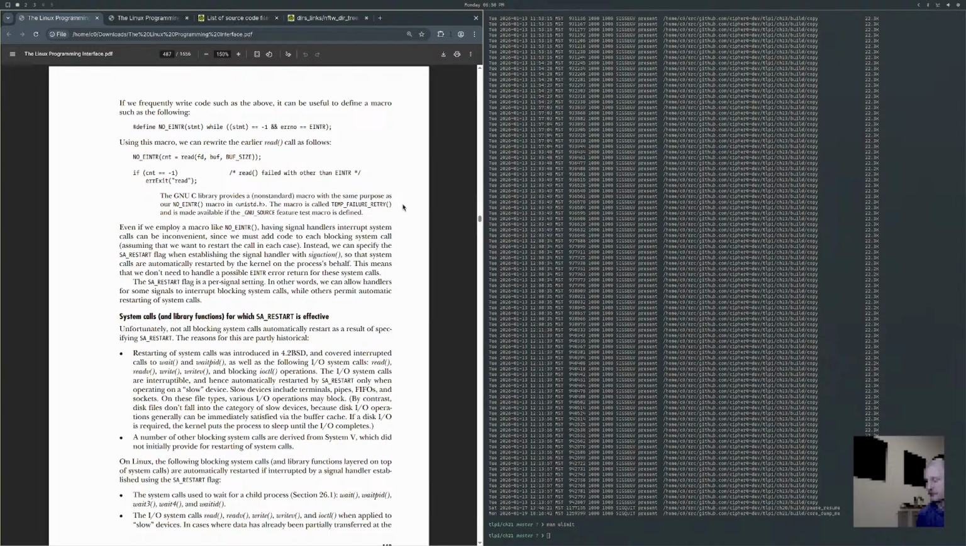System calls and library functions for which SA_RESTART is effective. Unfortunately, not all blocking system calls automatically restart as a result of specifying SA_RESTART. The reasons for this are partially historical. Restarting of system calls was introduced in 4.2BSD and covered interrupted calls to wait and waitpid, as well